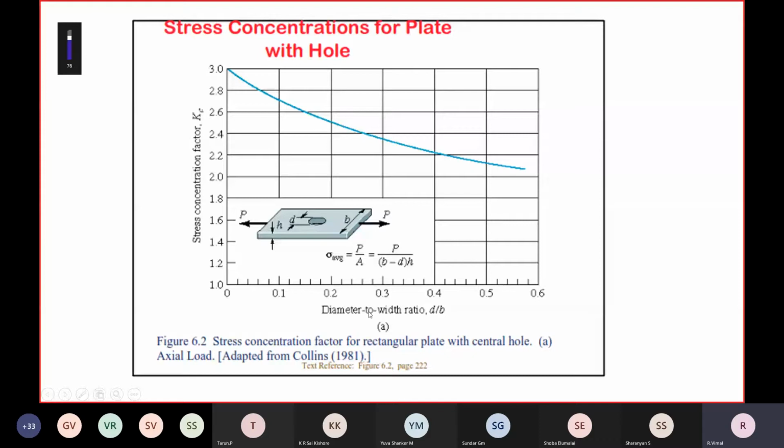If I calculate the diameter to width ratio and the value is 0.3, from here I draw a vertical line till it intersects the curve, and then I draw one horizontal line. The point of intersection gives me the stress concentration factor. So this is a graphical evaluation process, one way we could calculate it. The other way is using ANSYS software.